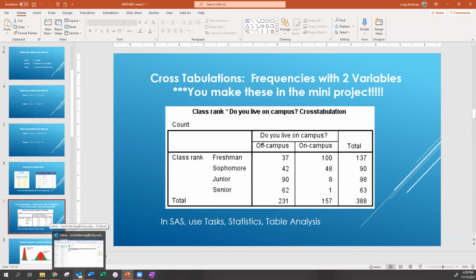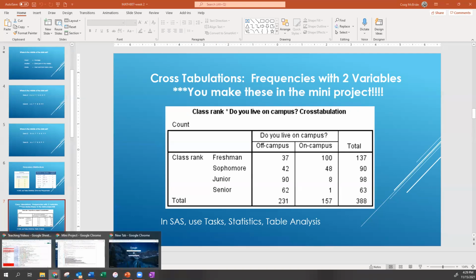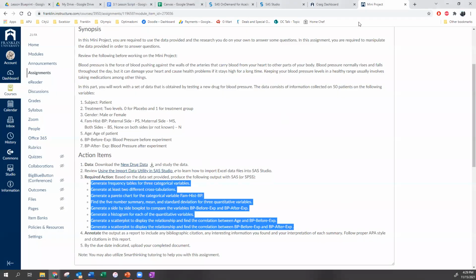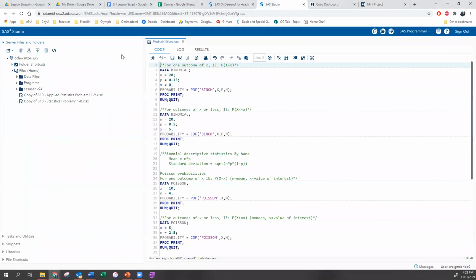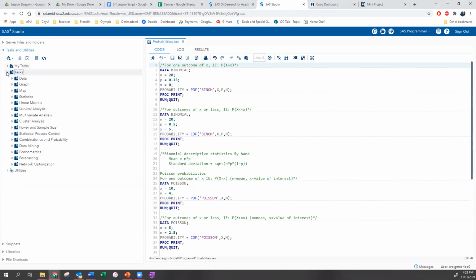Yes. So when you're doing the homework questions and it says create a pie chart, then you want to create a pie chart in SAS or whatever technology you're using, right? You don't have to use SAS, but if you create a pie chart in SAS, then you want to use your snipping tool or some sort of screen capture, or even in SAS, there's a way that you can copy your output and then paste it into Word. All I ask is please don't take screen grabs of the entire screen.